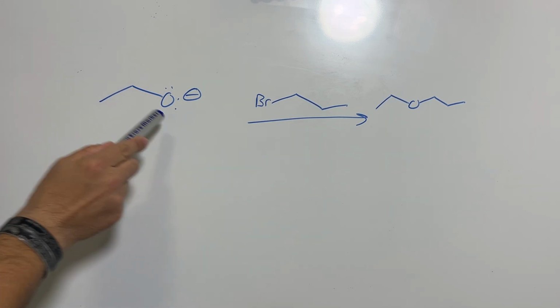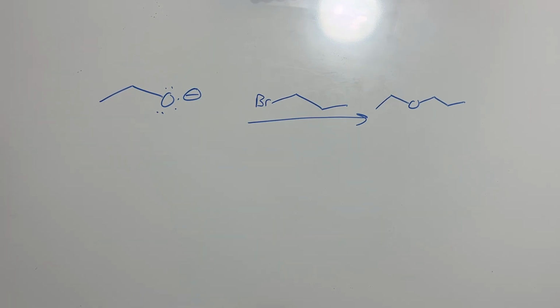So the alkoxide in this case functions as our nucleophile. It's got a ton of electrons, and it's a good nucleophile. And we have a nice primary substrate. You need the primary substrate. Technically, this can work with some secondary substrates, but remember, secondary substrates are really tough for SN2. You're going to have a lot of competition with E2, and it's going to slightly favor E2 based on a